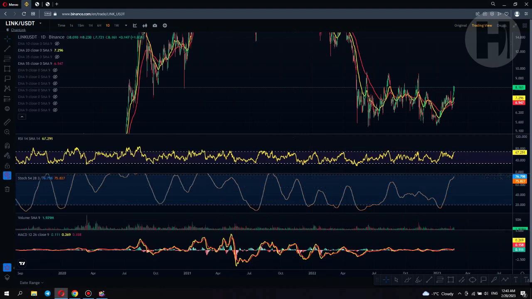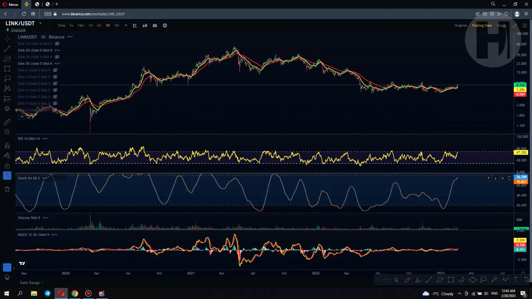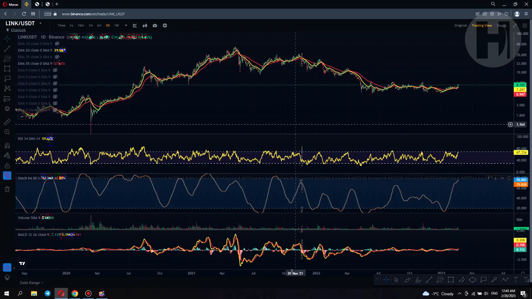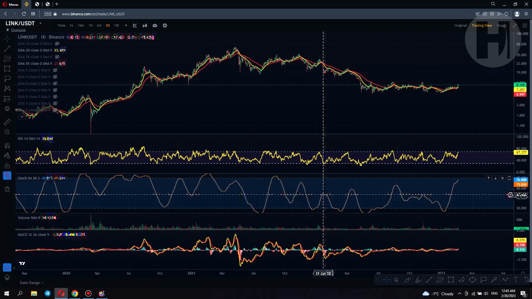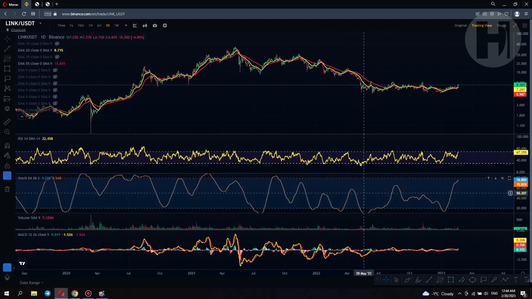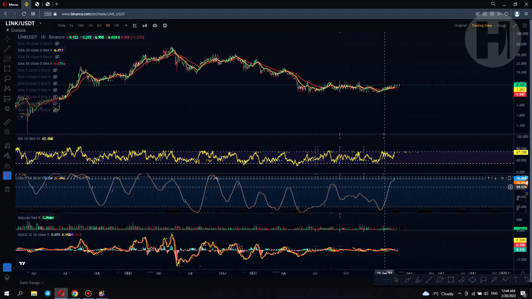So for example, I know the highs off the top of my head, so we don't really need to look at the price action. September 2021, we saw that nice peak there. In November 2021, we saw the nice peak there, and the stochastic was towards the upper area here. Then we saw another peak in January, but that wasn't as high. We saw another peak in April. As you can see, once you move closer to the middle or above the middle, that's when things are getting overheated. The last time in August, we had this move to the upside,